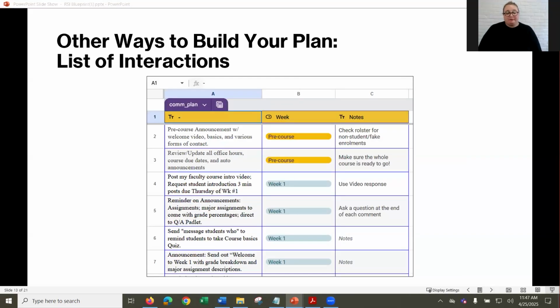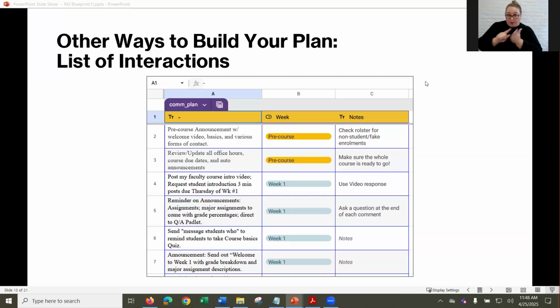Other ways to build your list: if you are a Google user, you can create a plan in Google Docs. This is an example from De Anza College, and they've pretty much just listed all of their interactions in this first column, and then indicated what week that takes place and any additional notes.